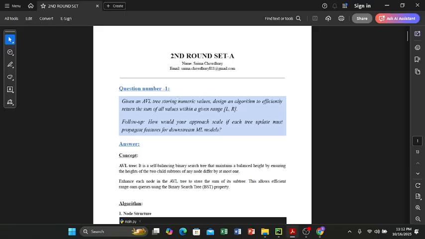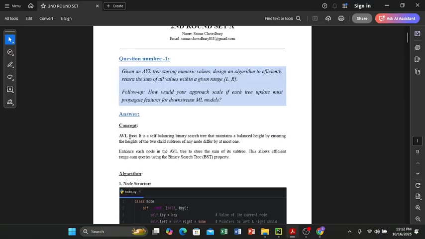Today we are exploring four key data structure challenges and how they apply to modern machine learning systems. Let's dive in. Here's the first question: the range sum of the AVL tree, and here's the main concept